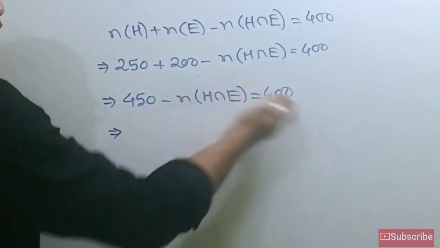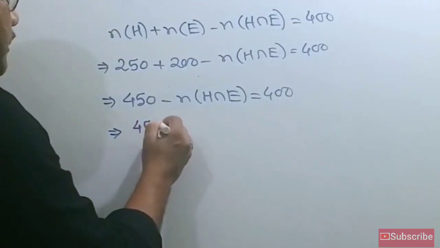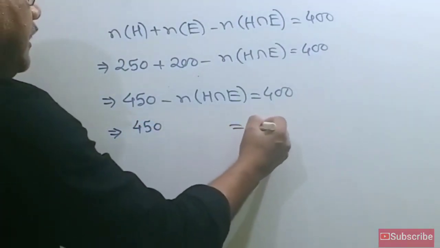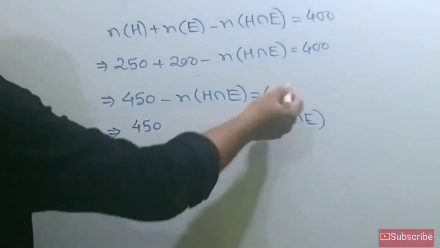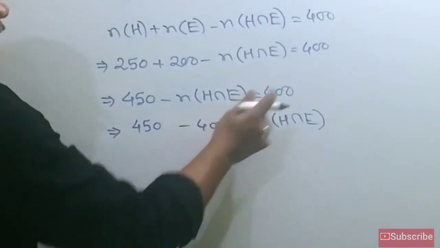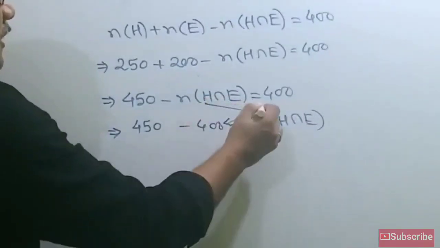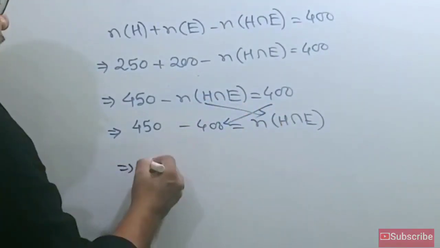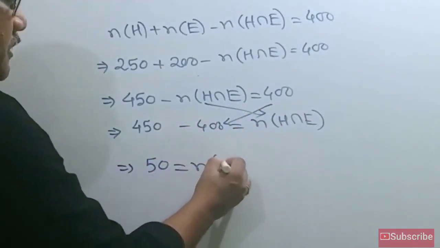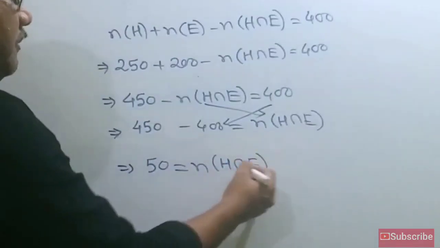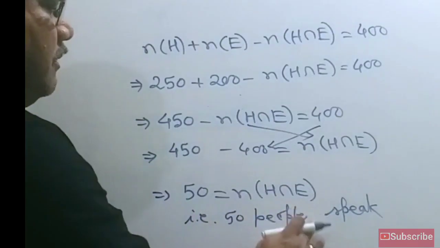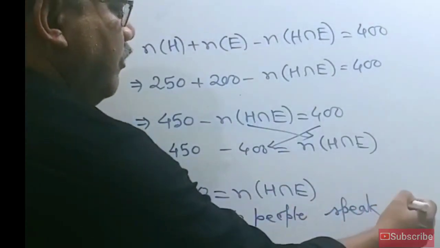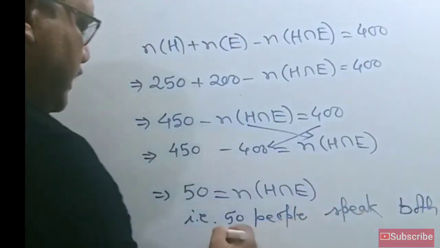So transposing this part to the right-hand side, we get n(H intersection E) equals 450 minus 400. Now 50 is the intersection of H and E. What does it mean? This means 50 people speak both Hindi and